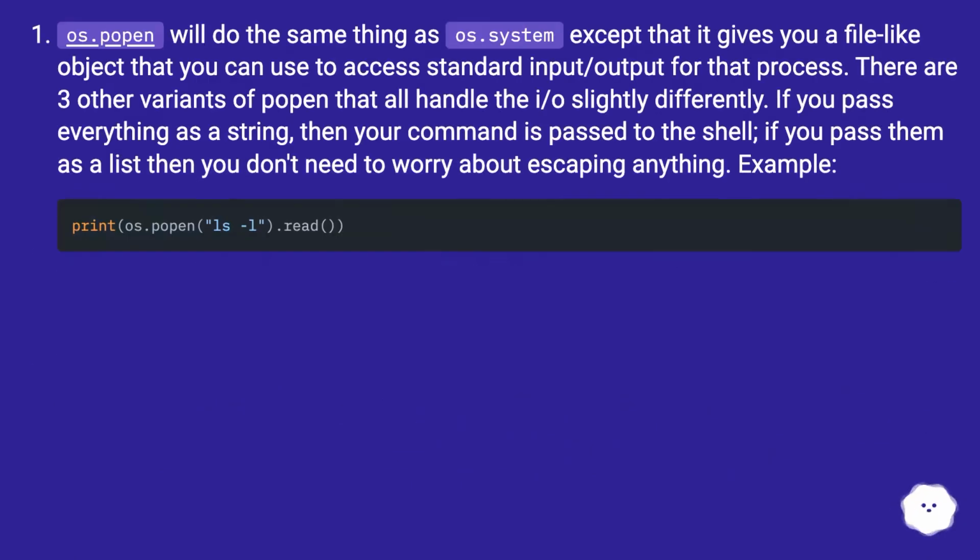os.popen will do the same thing as os.system, except that it gives you a file-like object that you can use to access standard input-output for that process. There are 3 other variants of popen that all handle the I/O slightly differently. If you pass everything as a string, then your command is passed to the shell. If you pass them as a list, then you don't need to worry about escaping anything. Example: